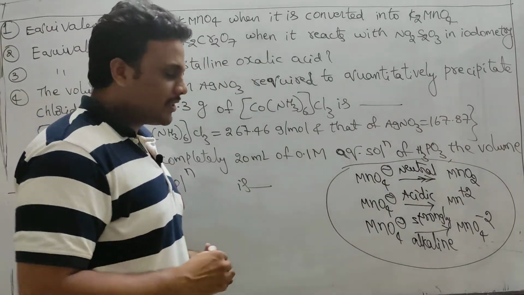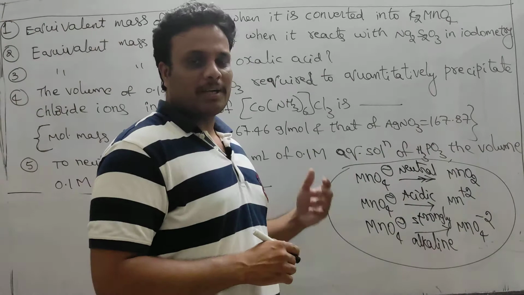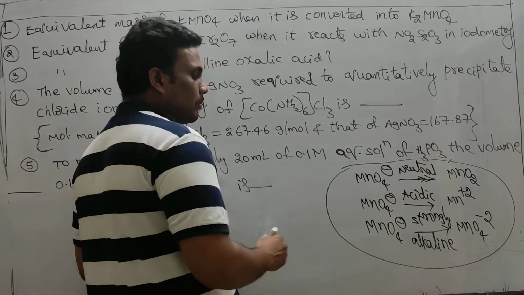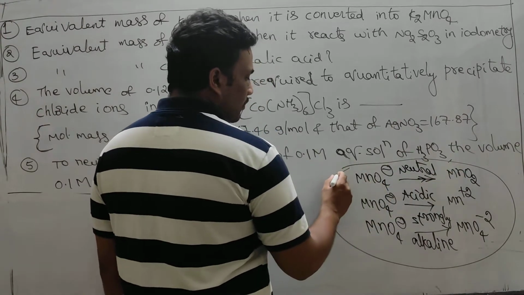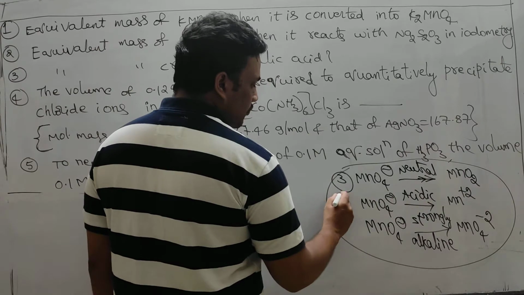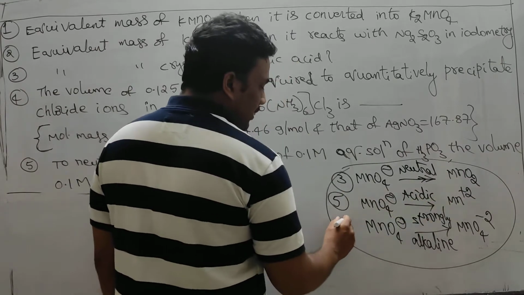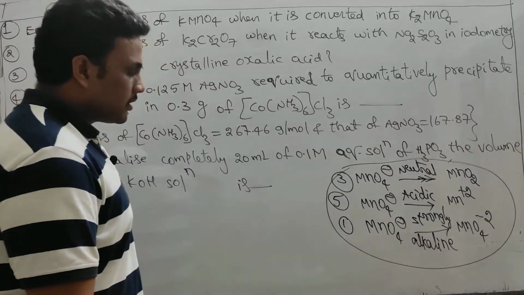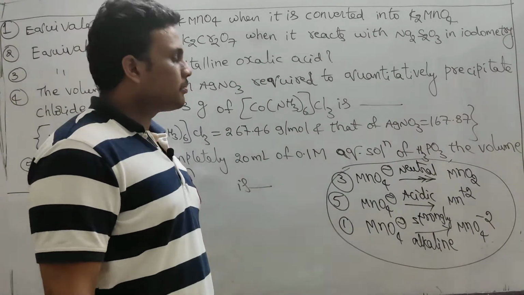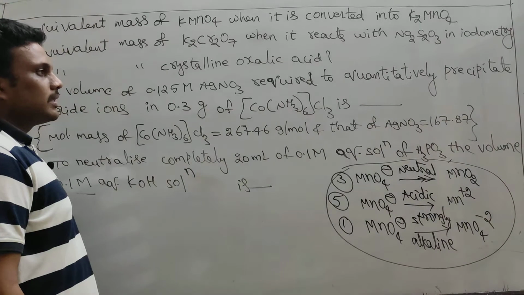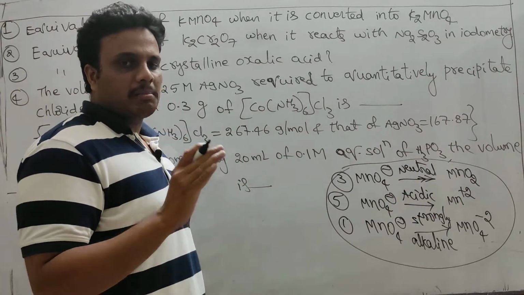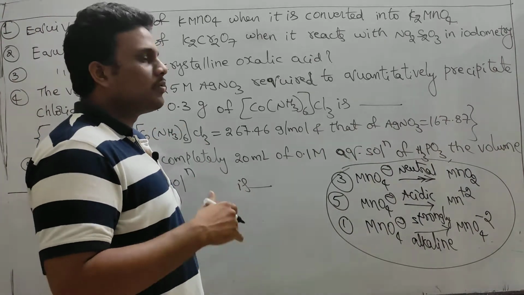But there is no confusion in the case of dichromate. The confusion is in permanganate, because the permanganate N factor varies with the change of medium. In neutral medium, +7 to +4, the N factor is 3. In acidic medium, +7 to +2, the N factor is 5. In strongly alkaline medium, the N factor is 1. But there is no such problem in the case of dichromate, because potassium dichromate acts as the oxidizing agent only in acidic medium, not in alkaline medium, because in alkaline medium dichromate is converted into chromate.